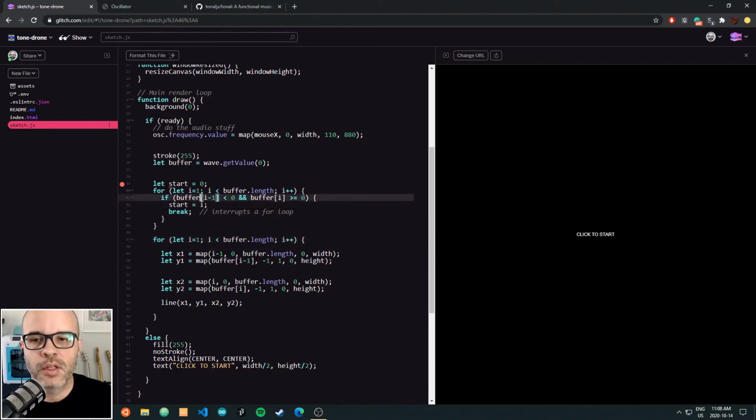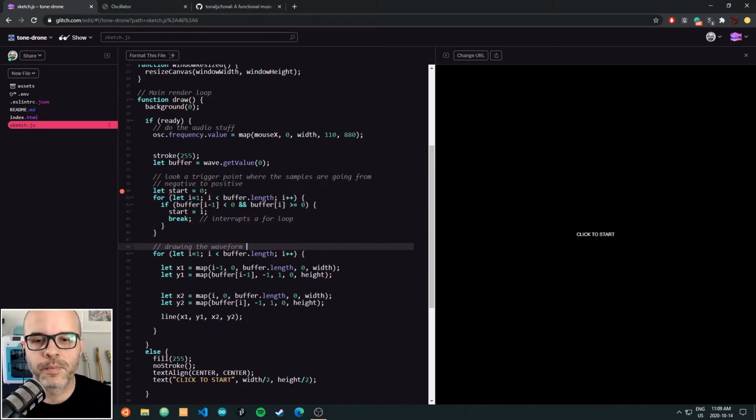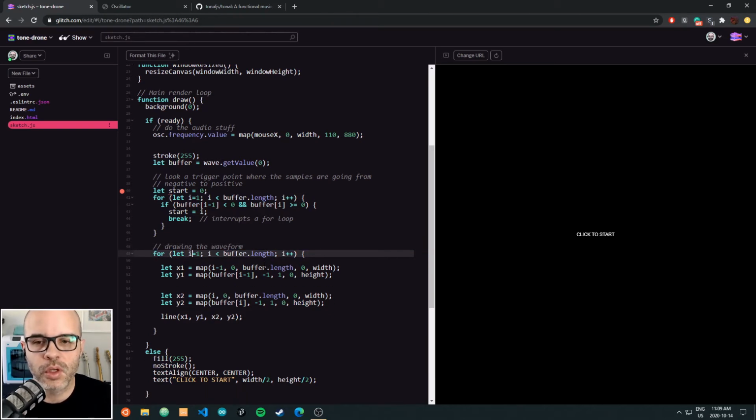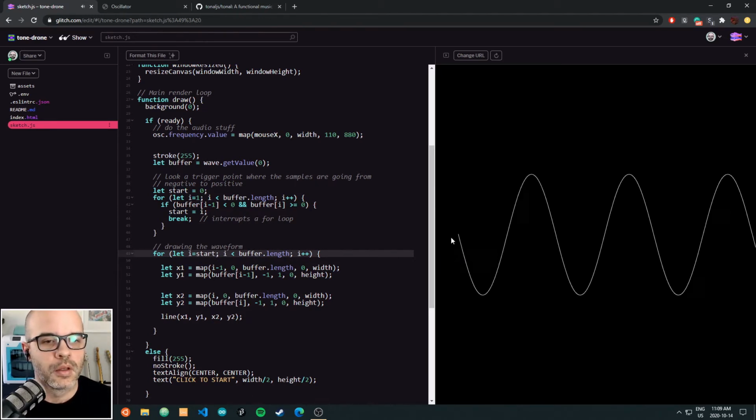So then here, let's put a comment here so we remember what this does. Look for a trigger point where the samples are going from negative to positive. And then down here, we're actually drawing the waveform. So we're going to do another little change here. So now we have a starting point. Okay? Let's create an end point as well. Well, actually, let's just try this first. So we're going to make this i equal 1 here. We're going to start at the starting point instead. All right. So now we can see